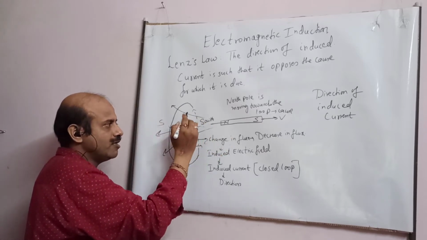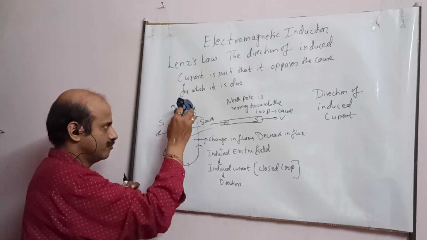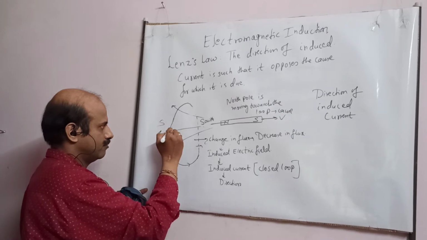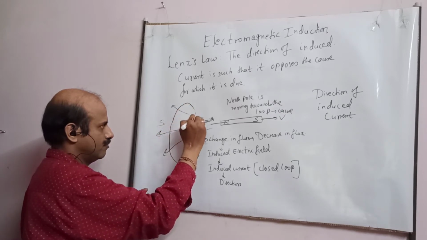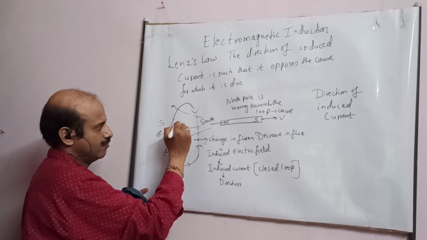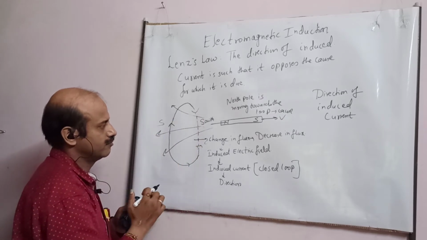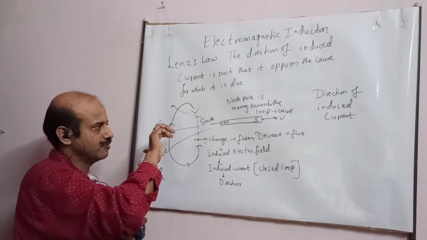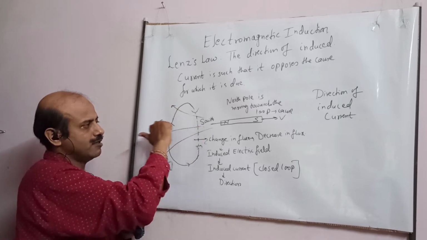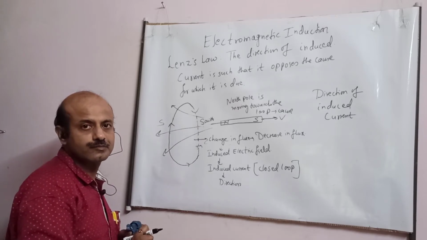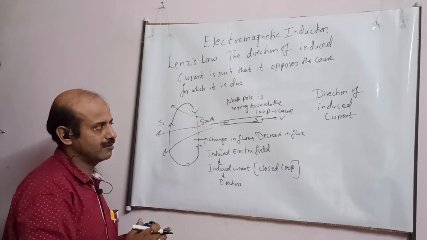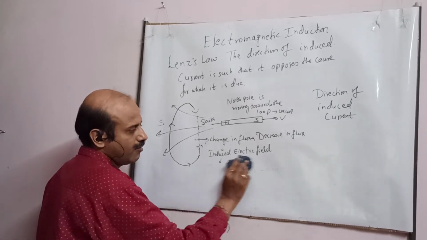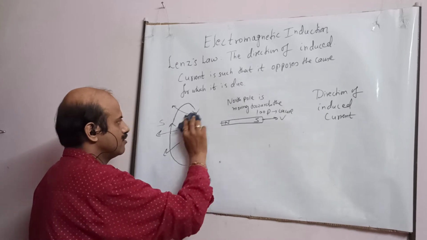And to have South Pole this side, the direction of current should be as shown, students. You can check it by this one. See, it is inside. North Pole is coming this side, students. Now it will try to attract the magnet. Now let's see, students, another case.